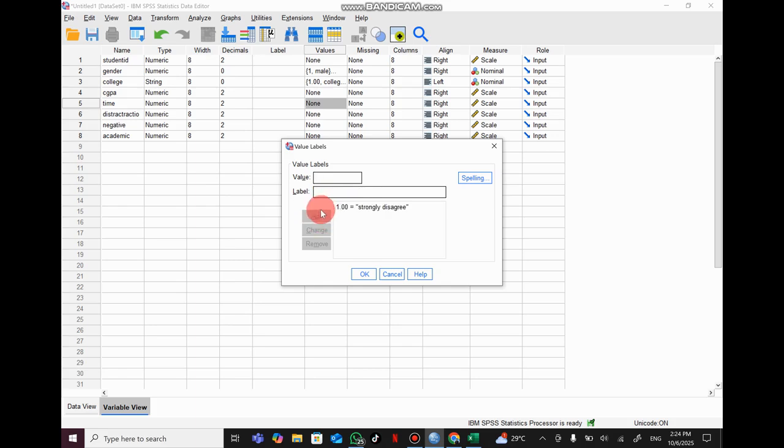Then 2 is disagree, then 3 is neutral, 4 is agree, and 5 is strongly agree.